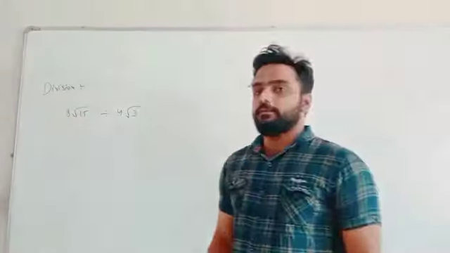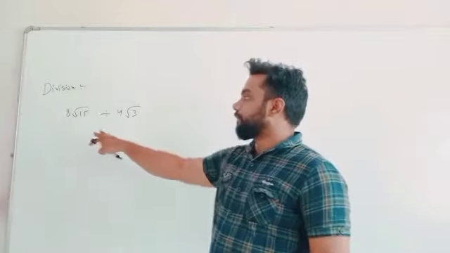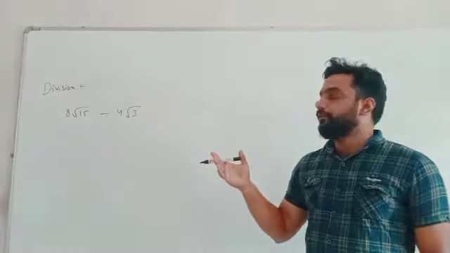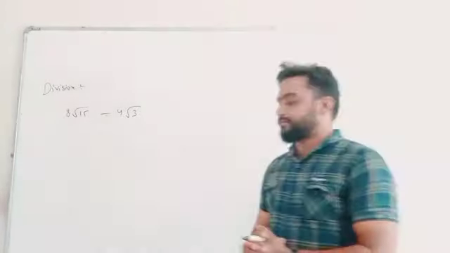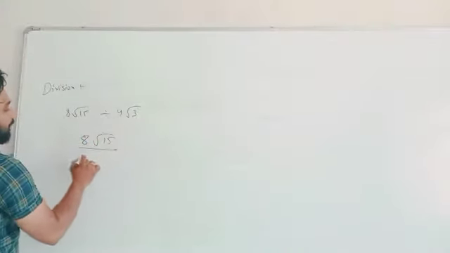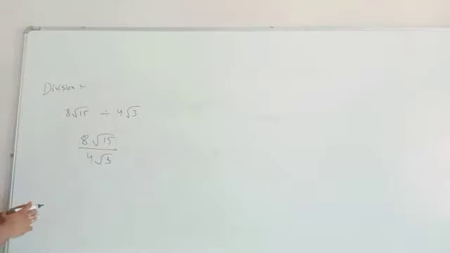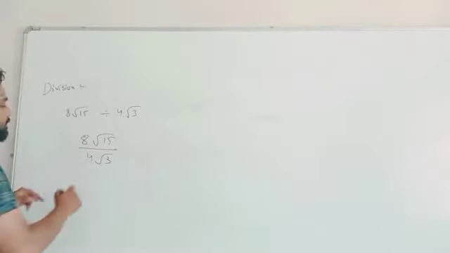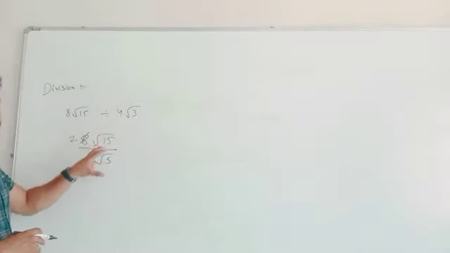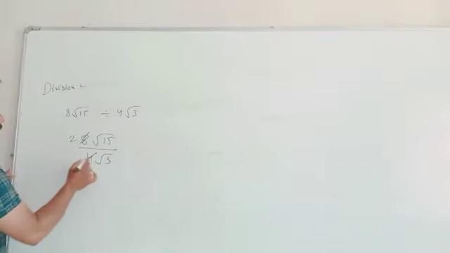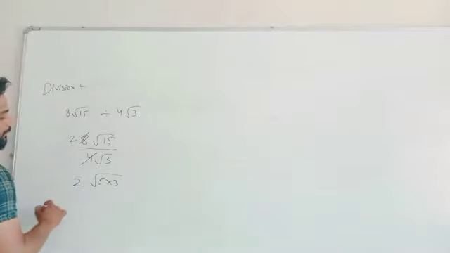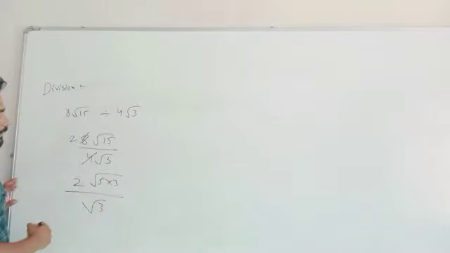Just now another example of the division is given here, that is 8 root 15 divided by 4 root 3. Now how can you divide that 8 root 15 by 4 root 3? You have to use the same method. Understand? Now it is easy that you can cancel, that is 4 2s are 8. But what about this value, that is root 15 and root 3? First of all you have to convert. Suppose 2 here, and instead of root 15 can I write 5 multiplied by 3 in this way, upon root 3. Understand or not?